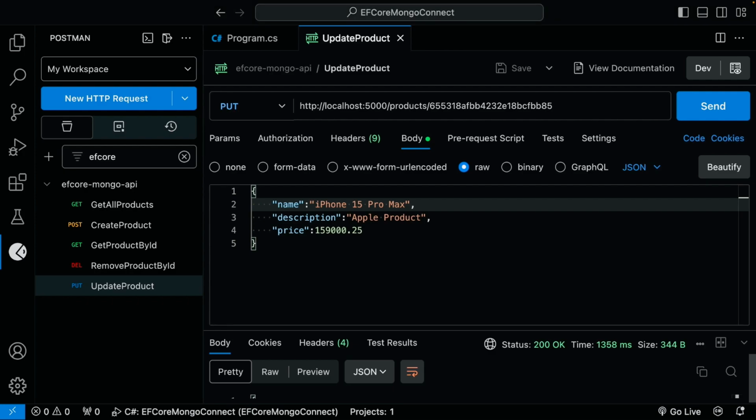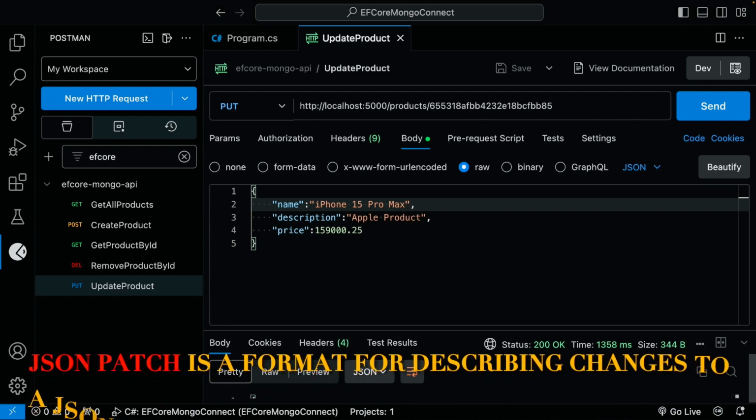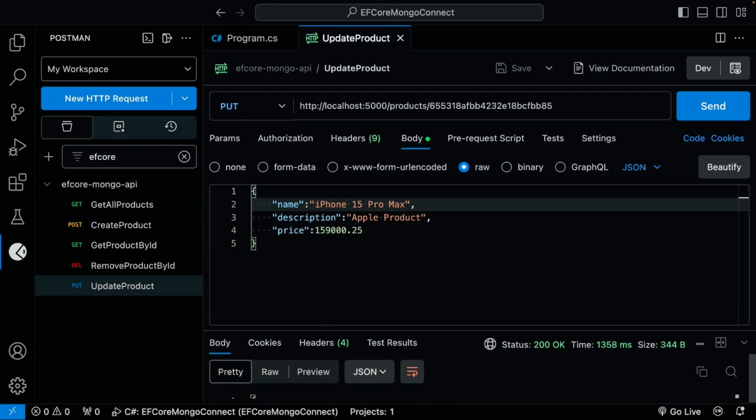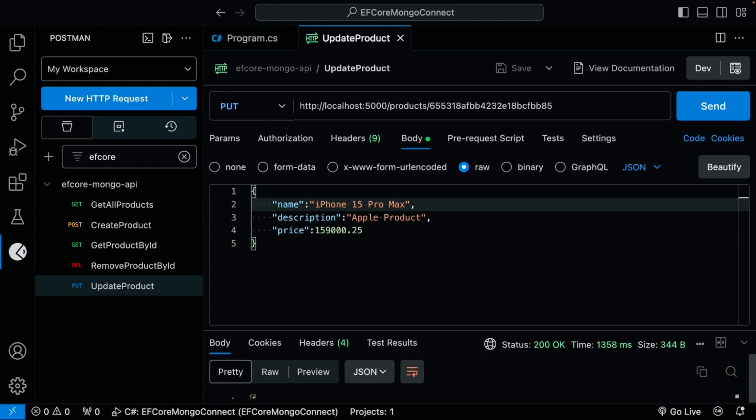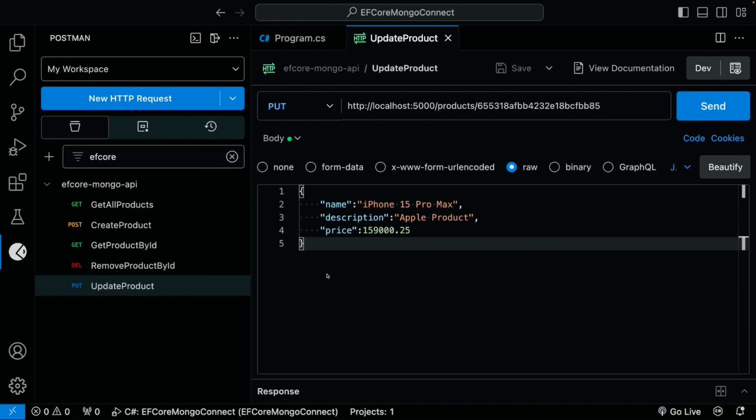What is JSON patch? JSON patch is a format for describing changes to a JSON document. It can be used to avoid sending a whole document when only a part has changed. When used in combination with the HTTP patch method, it allows partial updates for HTTP APIs in a standard compliant way. .NET has support for making use of JSON patch. For that, we need to install 2 NuGet packages,